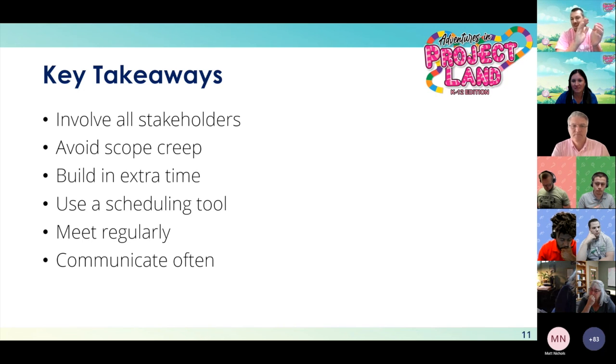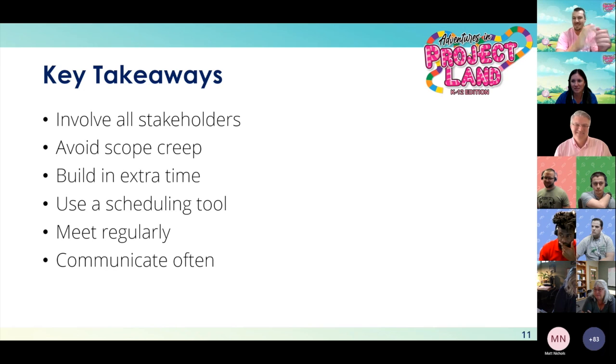We're over time, but I do want to address one last question, which is a great question. I can tell you're paying attention. How do you not share contingency time when you publish the schedule? That's a great point. You kind of have to play that by ear based on your teams, your politics, all of that fun stuff. If you have teams that you can trust are only going to focus on their piece, they're not going to abuse your contingency time, you can share it with them.